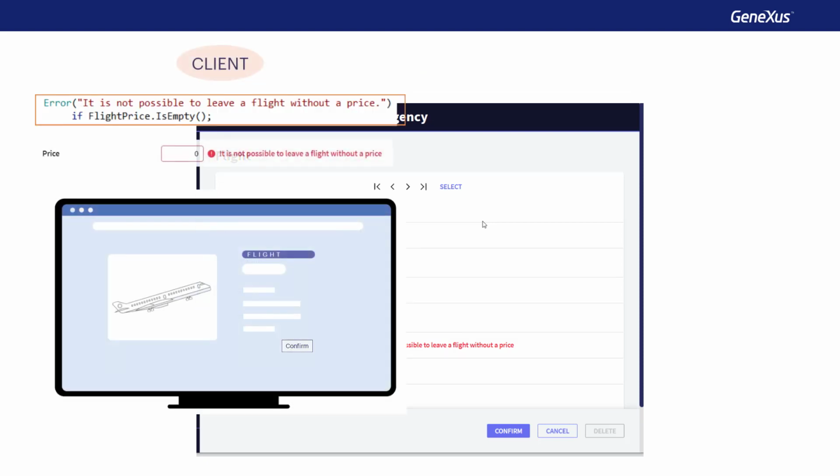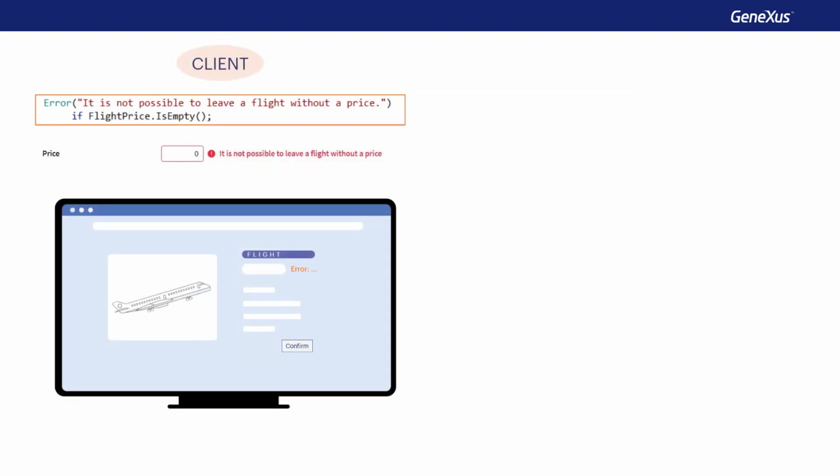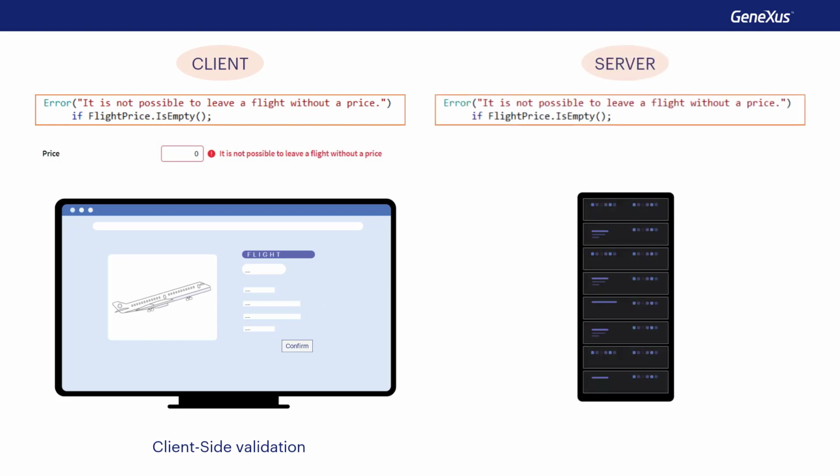This happens because the client performs the validation to provide a good user experience, responding to them in an agile way so that they feel their interaction with the system is seamless. This validation performed on the client side is called client-side validation. But this rule will be executed again later on the server, since it's the server that ensures that there are no security violations, and it's the only one allowed to operate on the database, so it must ensure that all the logic is consistent.